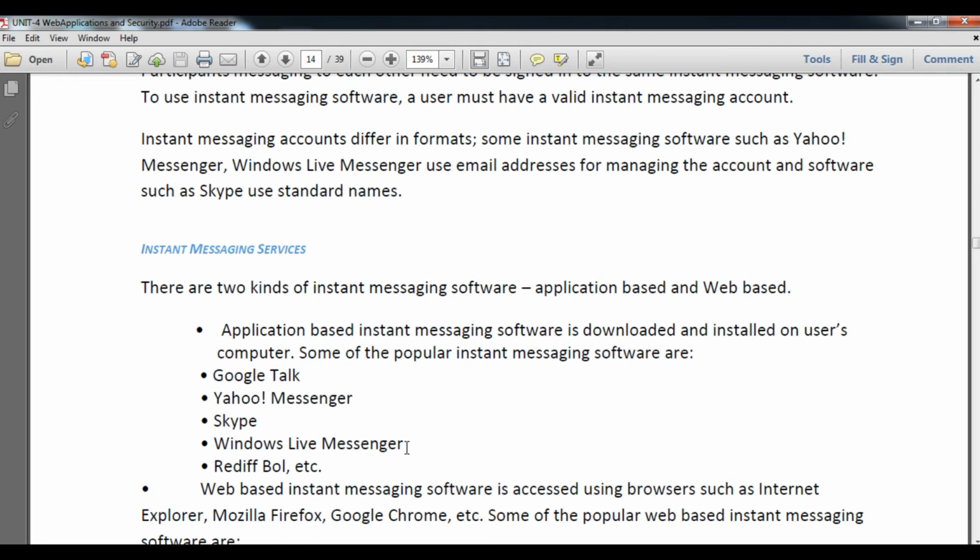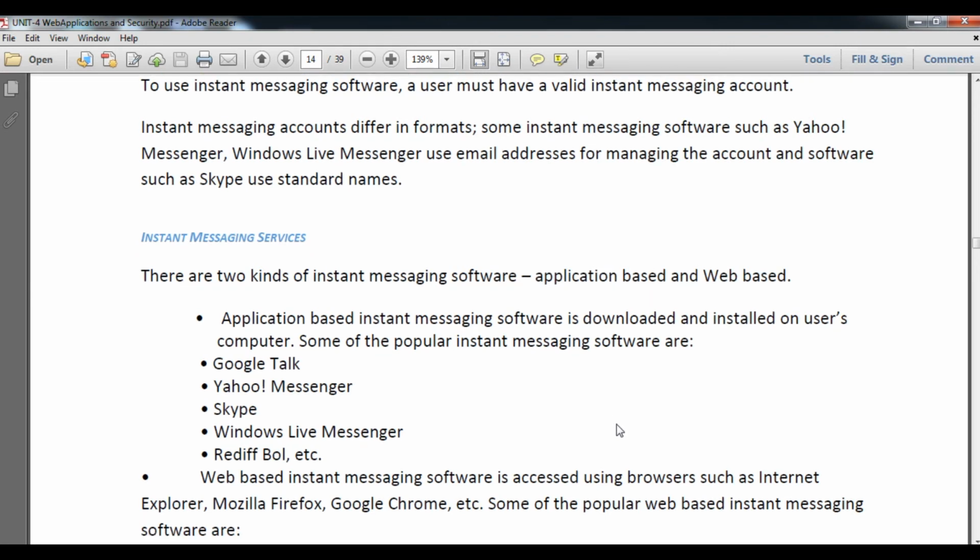Now the next point: web-based instant messaging software is accessed through user browsers, such as Internet Explorer, Mozilla Firefox, Google Chrome, etc. So students, web-based instant messaging software runs with the help of your browser, and it also requires an updated version of your browser.